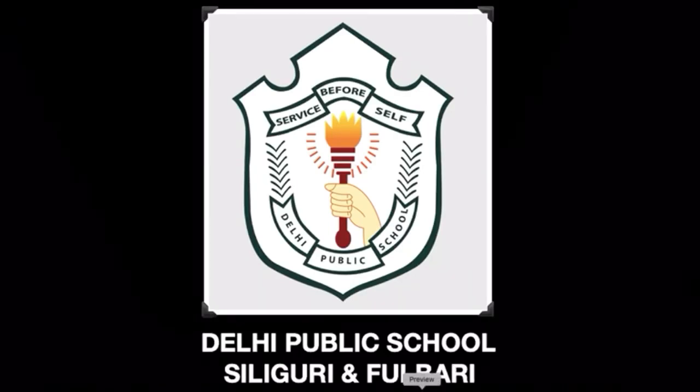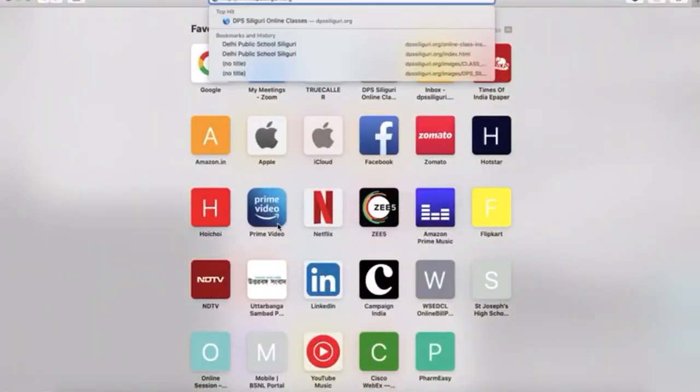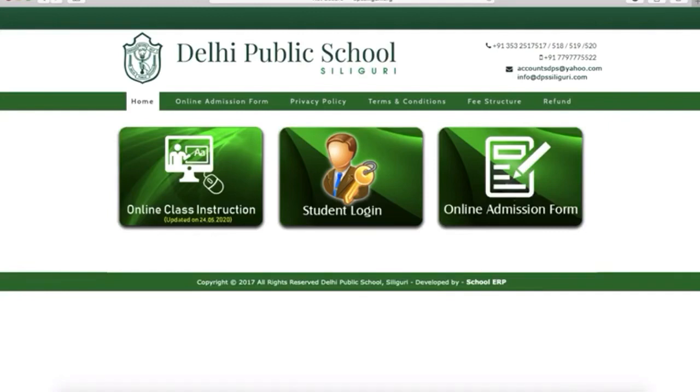So basically, you open the student online portal like you do regularly. This is the student online portal of DPS Siliguri. Similarly, you have an online portal for DPS Phulbari also. You can directly access this page by typing dpssiliguri.org, or dpsphulbari.org in case of Phulbari, or in the main school website there is also a tab of join online classes or the student online portal, which you can click and directly come to this page.